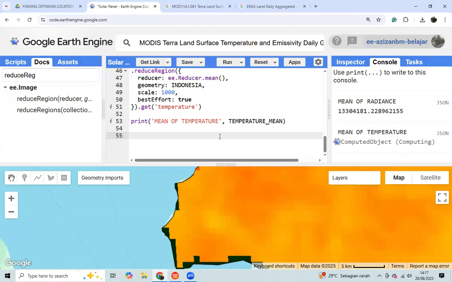We wait until it is finished because it's a large area.